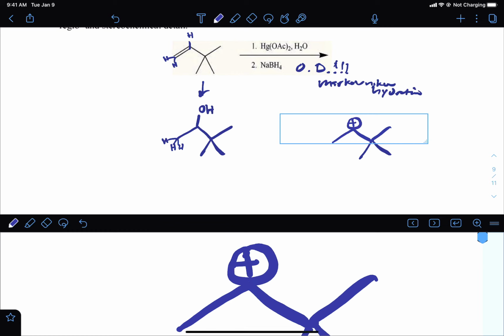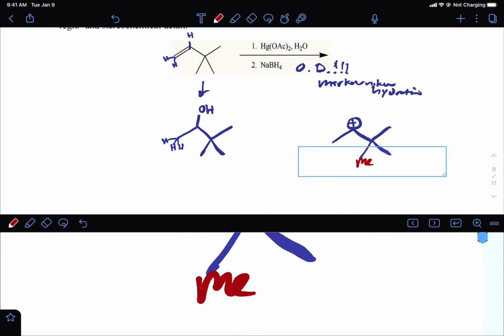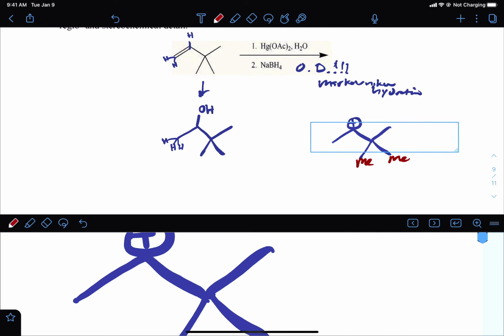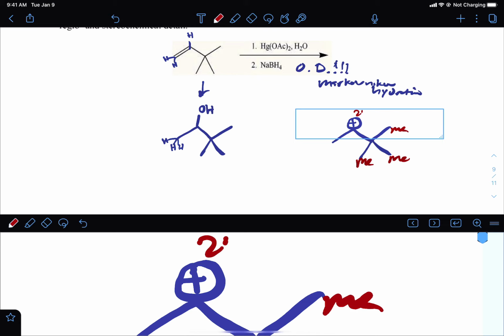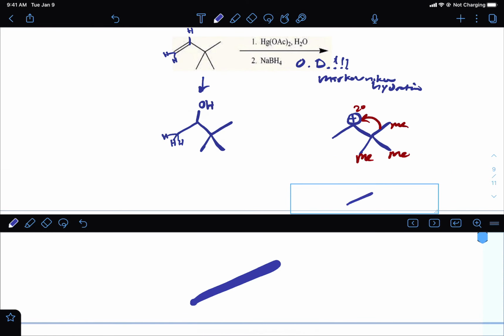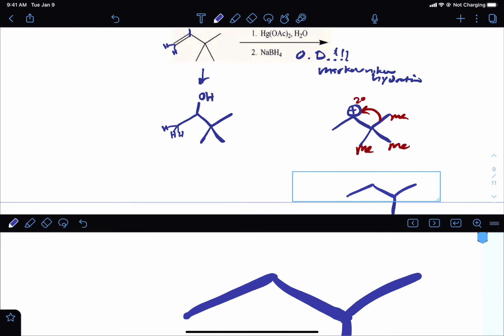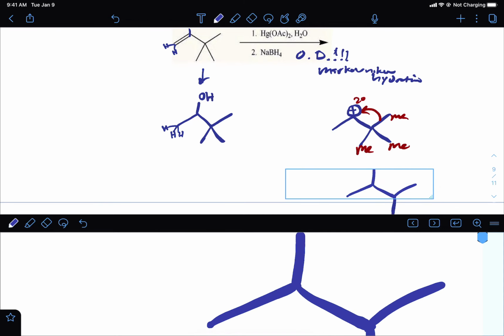And just like we said, a hydride can shift, what also can shift are methyls. And we've got 3 of them right next door. So notice that this is a secondary cation. And if we move a methyl over, like that,